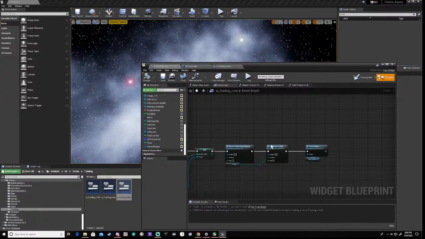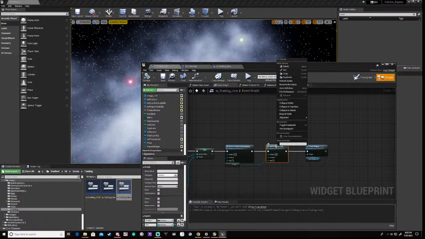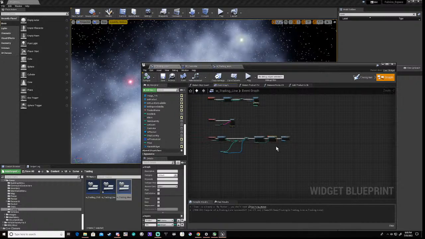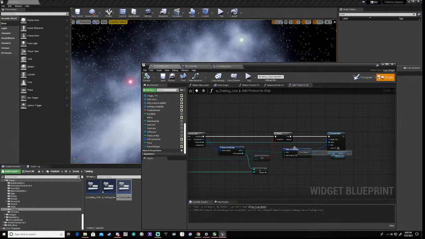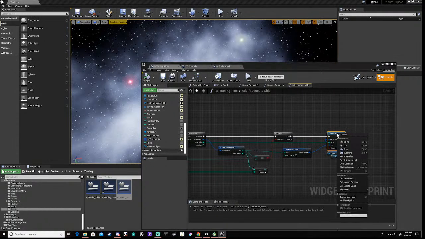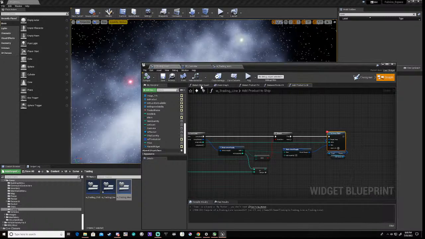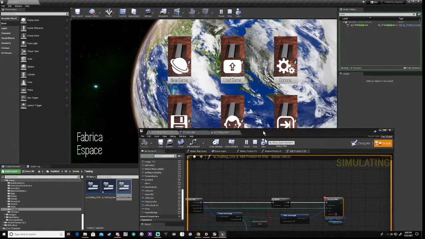Okay. So I'm guessing that this doesn't actually have that item available. So if I add a breakpoint, right, and I press play again,